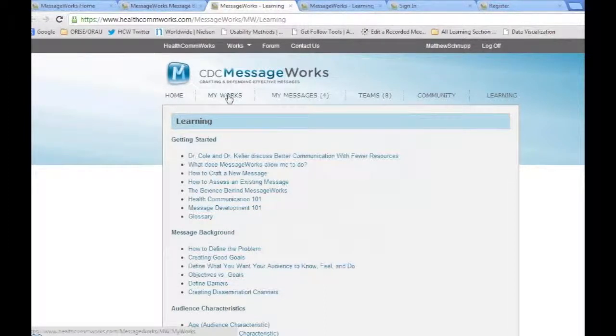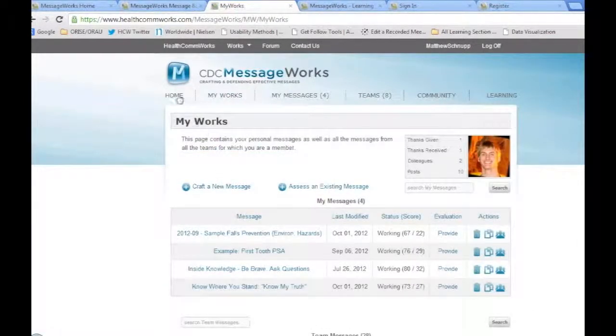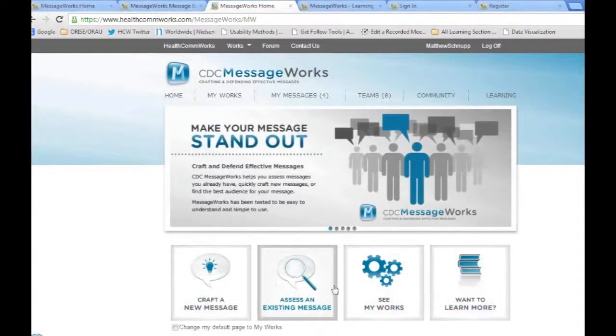But most of you are going to be jumping right into wanting to see how your message ranks, compared to the algorithm. So what I'm going to take you to is that second navigation pane, which is down here at the home screen. So if you sign in, you go to MessageWorks, you get here. But if you're anywhere else, you can click on the home button, and it takes you back to your main screen. And this second pane down here is where you start your process of evaluating a message.